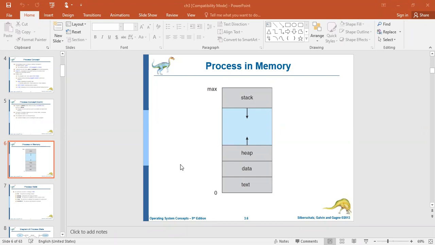Another important point is when processes are swapped out of memory and later restored, additional information must also be stored and restored. Suppose this is the process which is currently being executed. At a particular point of time, if the process requires the services of the IO device, what happens in that case? The CPU temporarily suspends this process and allocates it to the IO device. Wherever the last instruction was executed, that information will need to be kept for future use.